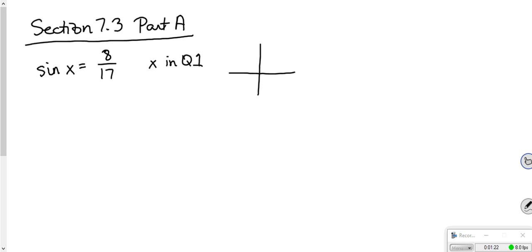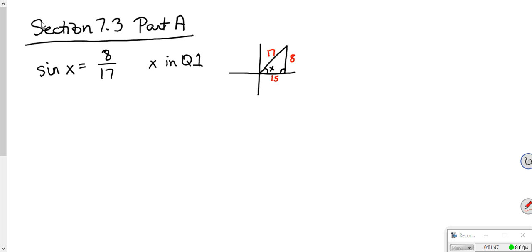So somewhere in quadrant 1, here's my triangle. If this is my x, or my theta, sine, remember, is opposite over hypotenuse. So that makes this 8, this 17,